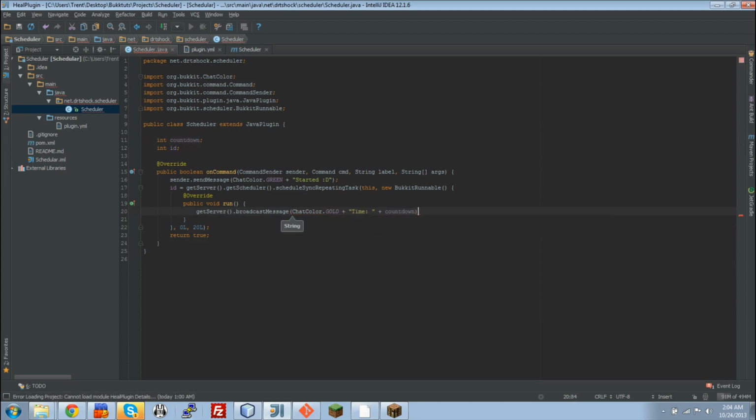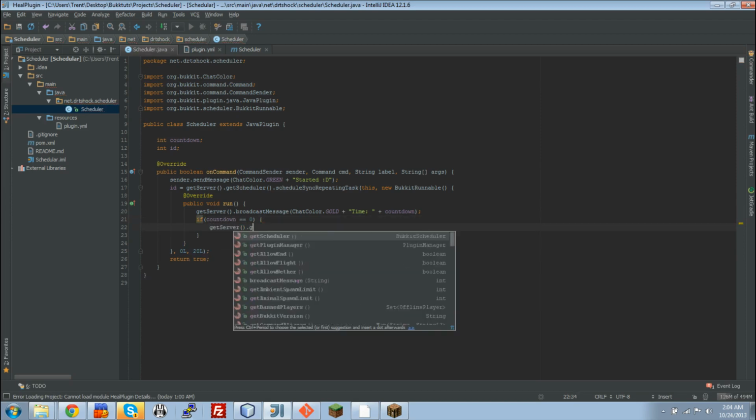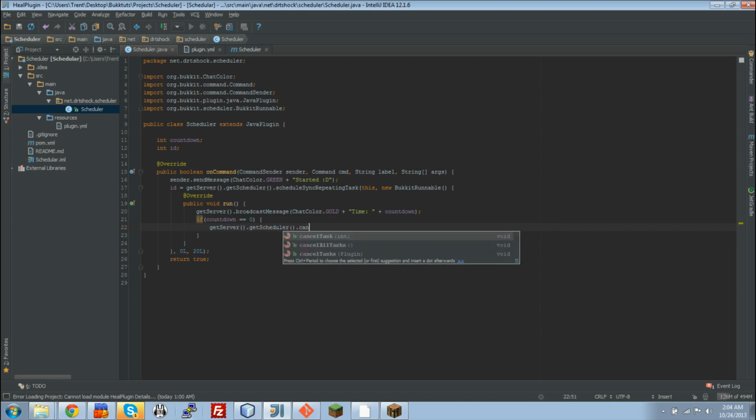And you may be thinking, what the heck is he doing? He hasn't initialized the countdown variable yet. Yeah, I forgot to do that, so I will do that in a second. Countdown equals 0. So now I'm just going to check to see if the countdown's at 0, and if it is, we're going to do getServer().getScheduler().cancelTask, and then this is where we need the ID. So we're going to cancel the task by the ID right there, and then we need to make sure that we do